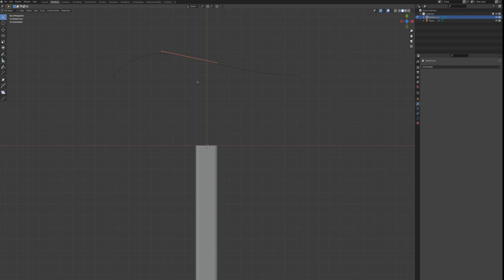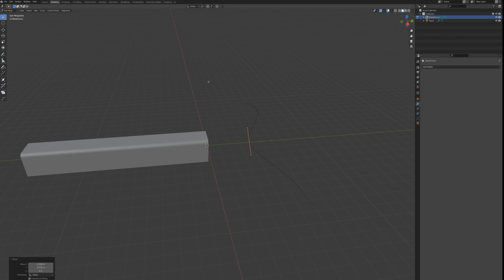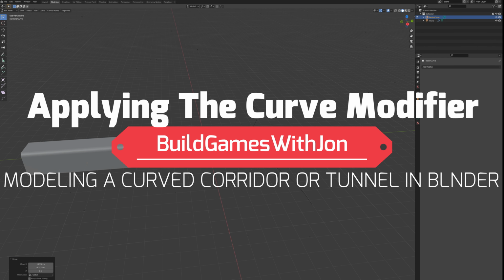And now I can select this middle handle and press G, and I'm just going to make a shape like this. So, you can make whatever shape you want. Basically, for me, I just want my tunnel to have a curve. I don't want to be able to see through from one end clear to the other, and so this is fine for that. And so the next step is to apply the tunnel array, the tunnel shape here, to the